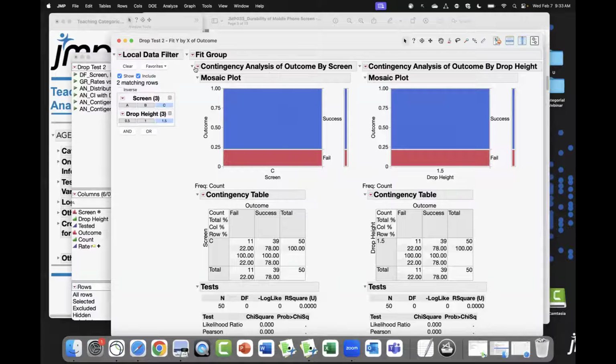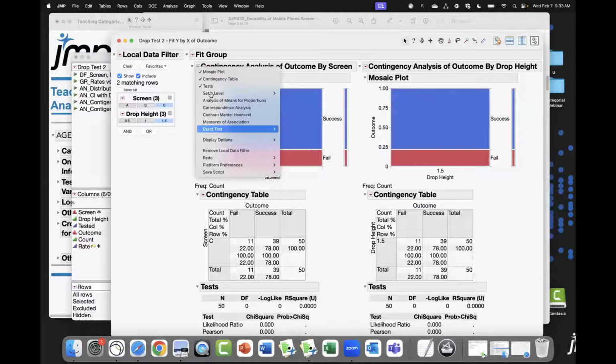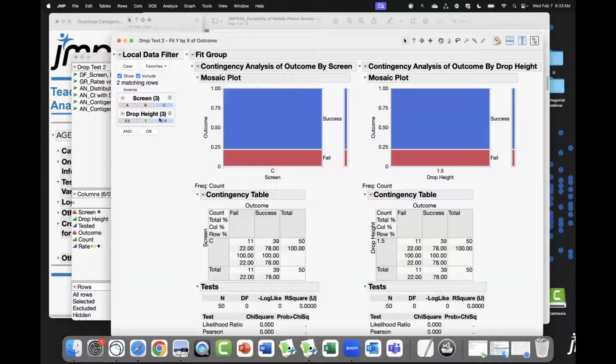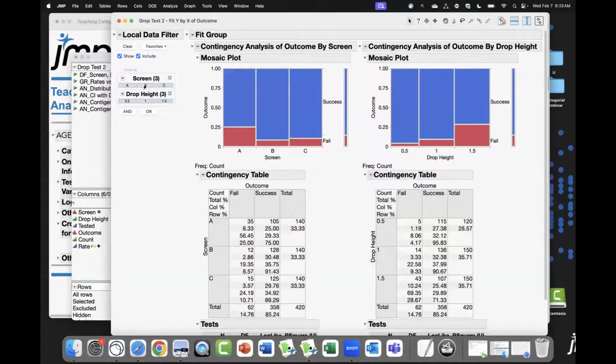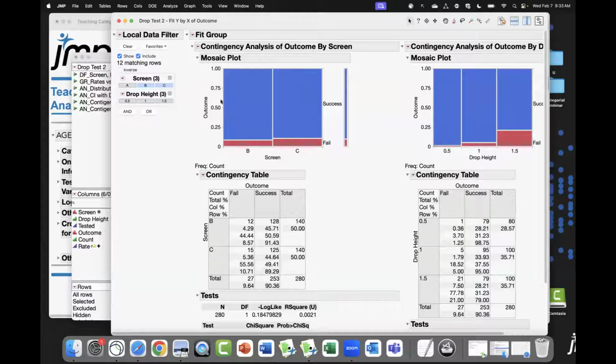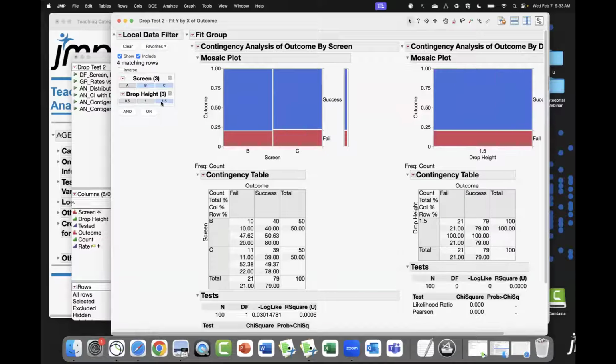Now, when you drop down the red triangles, you're going to have a menu contextual to that piece of information. Now, watch what happens if I pick only two screens. And I'll pick one drop height. So this analysis right here on the left is comparing two screens, B and C, at the 1.5 meter drop height. If I drop down this red triangle,